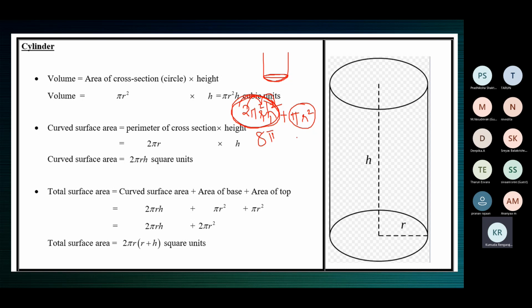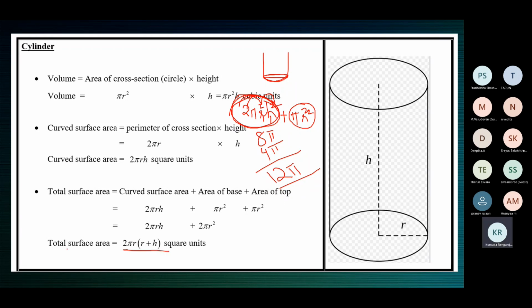Just for example. Now r is 2, so 2 square is 4 pi. You can use the value 22/7, but I'm not using it. I'm finding this in pi and this also in pi. So the area here is 8 pi and here it's 4 pi. So 12 pi is the total surface area of the tumbler. You should not be misled by the word total. When we use the term total surface area, it doesn't mean that we have to use this formula.